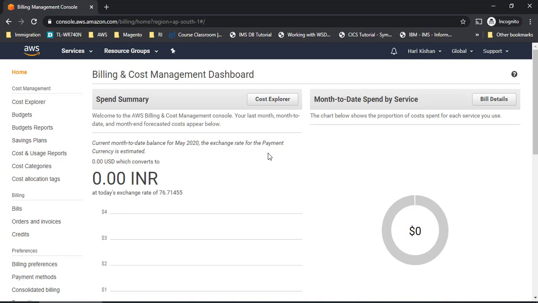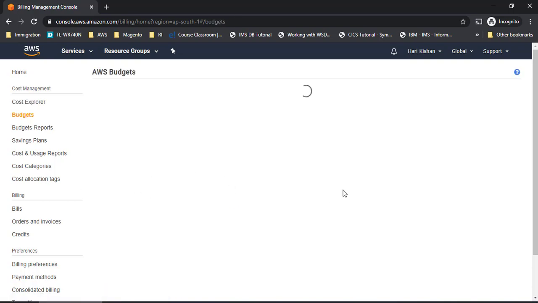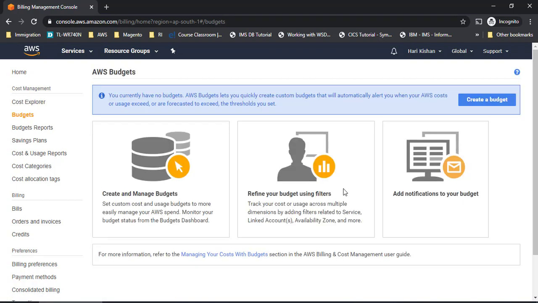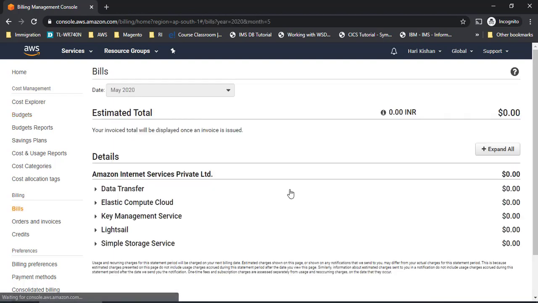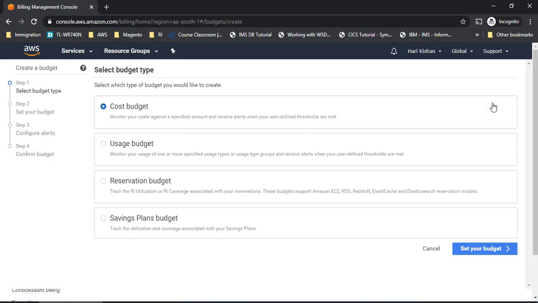That is the reason whatever services we are going to use here, those are the services which we are going to pay for as used, right? So here I'll go directly to Cost Explorer. We'll go to Budgets, and then we'll create a budget here, right? If you go to Bills, you'll not see any bill here because I haven't created anything. I haven't used any services as such right now. So I'll go to Budgets quickly and create a budget for my account, right?